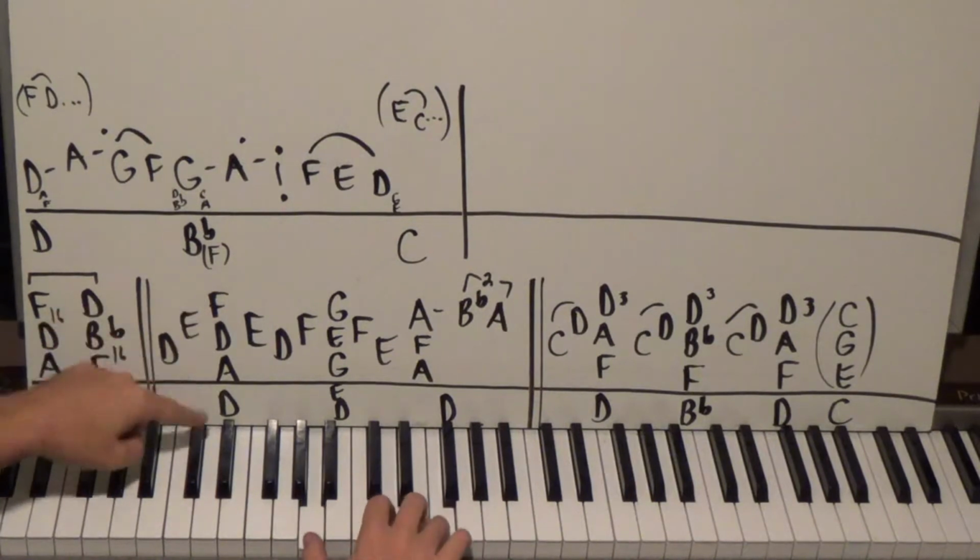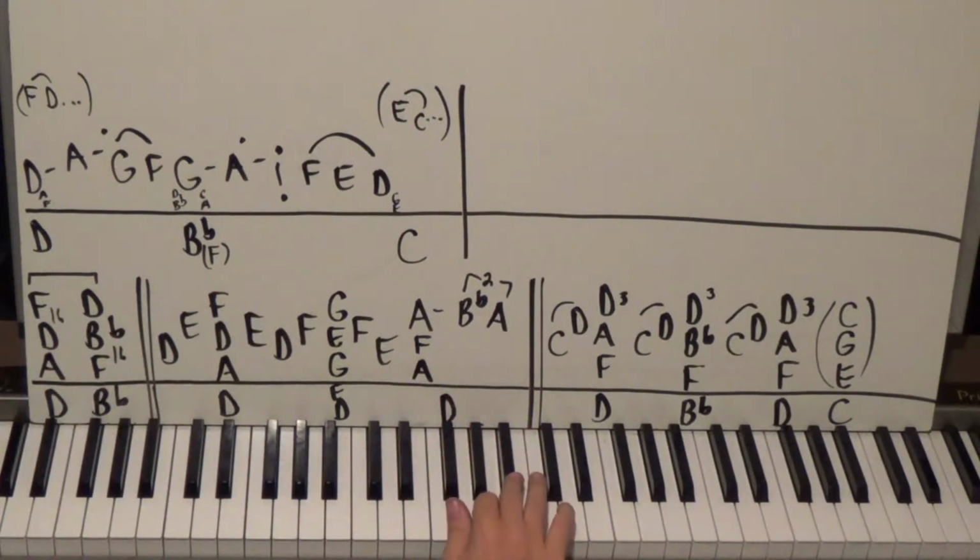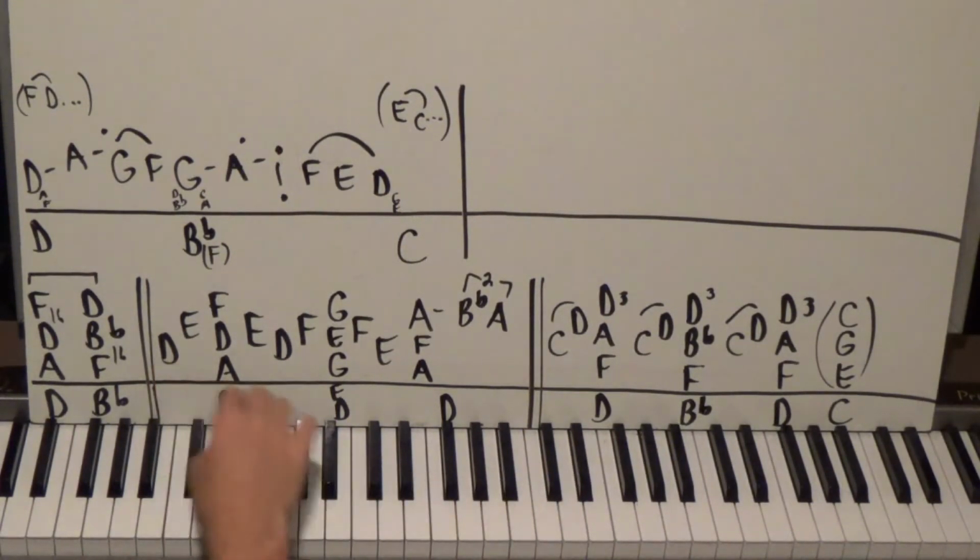So, right here, da-dum, ba-dum, B flat, A 2 times. What I like to do is put a D on top, even though that's not in the album version, but I think it sounds cool to put it in there. Okay, so we have